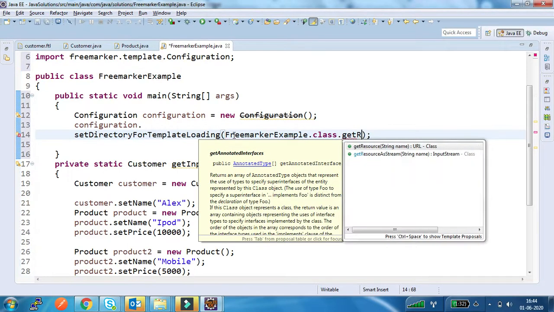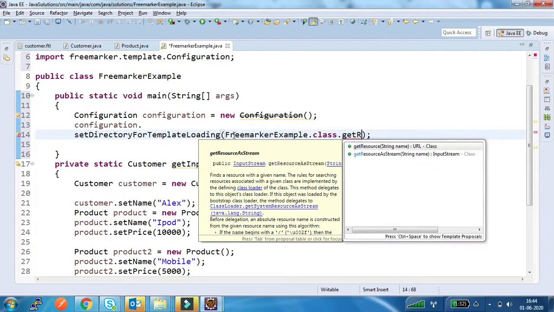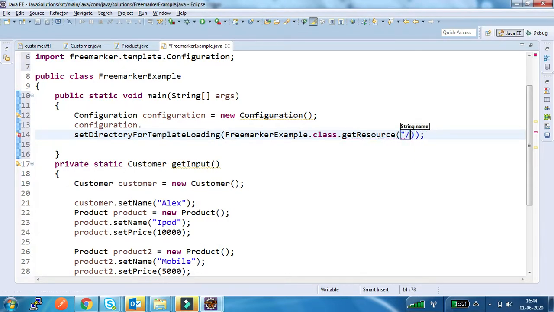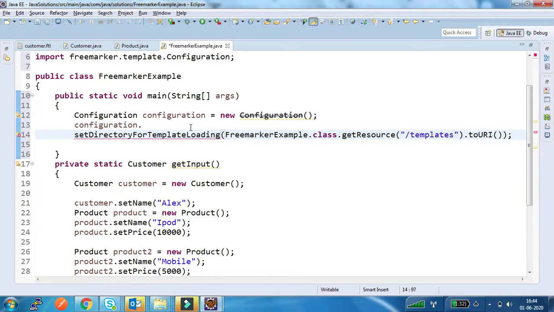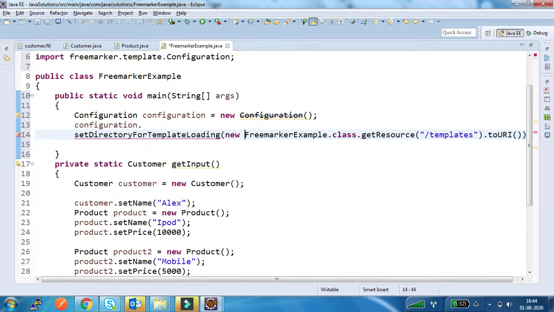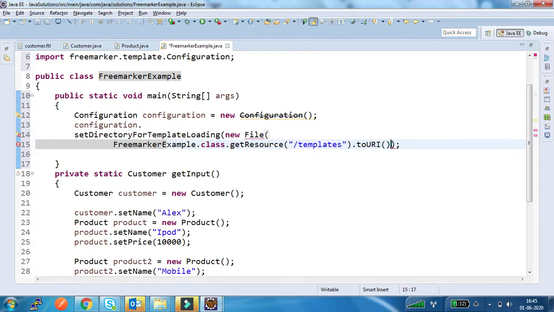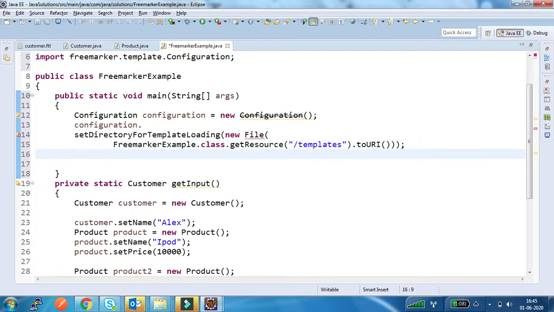FreeMarkerExample.class.getResource, I am giving the name of the directory, templates. The URL, actually this takes a file, right? So I have to create a file. So like this I have provided the source of our templates.